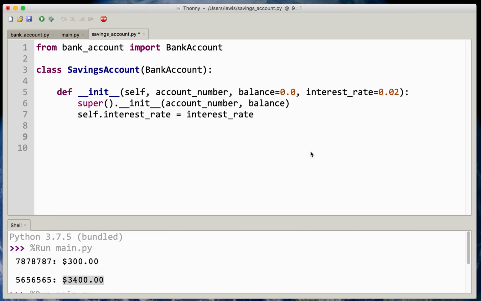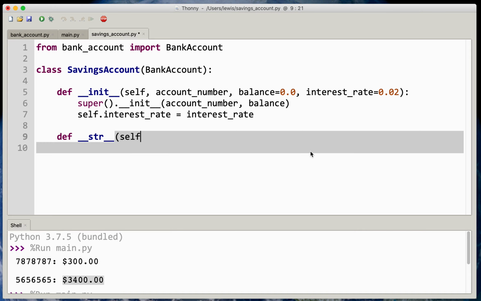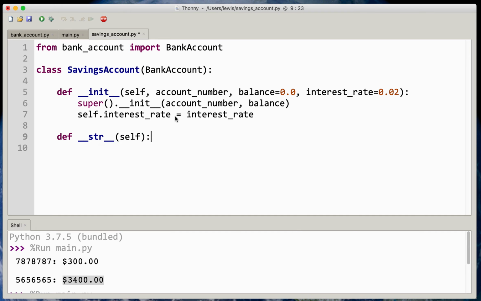Okay. What else am I going to do in my savings account class? Well, I'm going to also define the string function again, because I've inherited the string function just like I inherited the init function, but I'm not going to be satisfied with what the string function of the bank account does for me down here in savings account. So I'm going to create a string function myself, and I'm going to create a description and return it. But what should that description be? Well, once again, I'm going to make use of the super